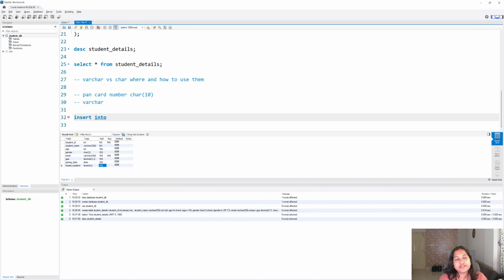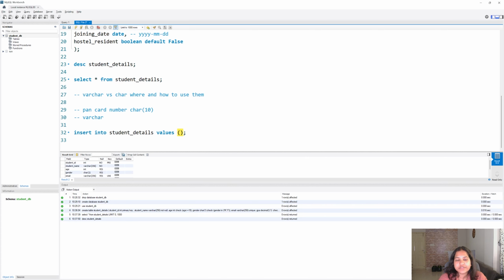For inserting the records, the syntax that we use is insert into student underscore details, which means you're inserting into this particular table, then values, bracket open, bracket close, semicolon. So into the student underscore details table, you are inserting some values.